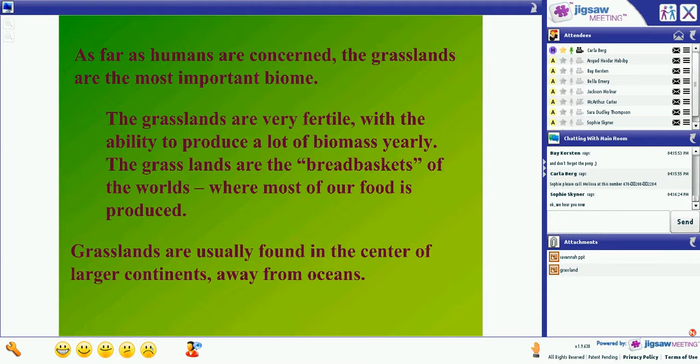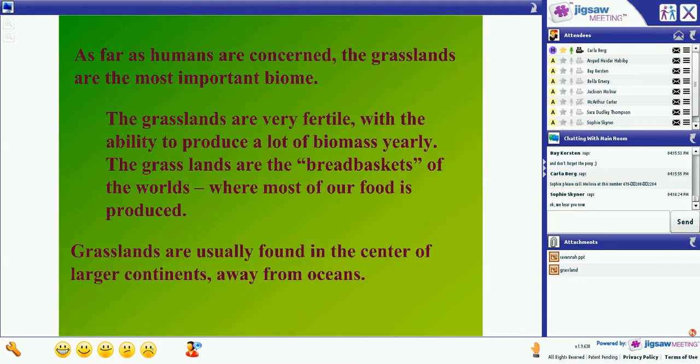As far as humans are concerned, grasslands are the most important biome. Grasslands are very fertile, which means their soil is very good for growing things, and they can produce a lot of biomass each year. Well, that's kind of a little bit of a tricky term.